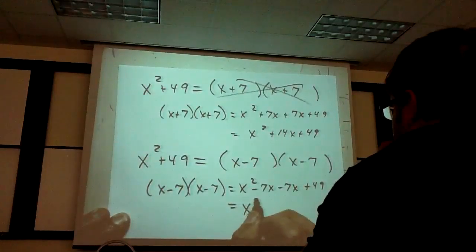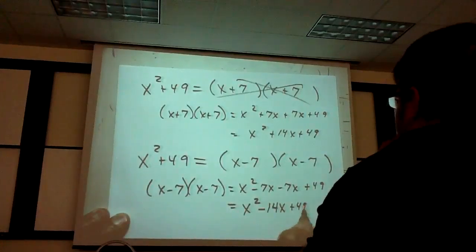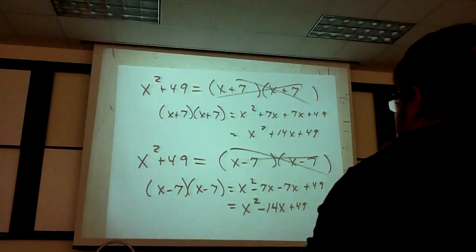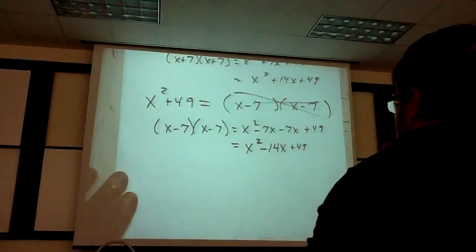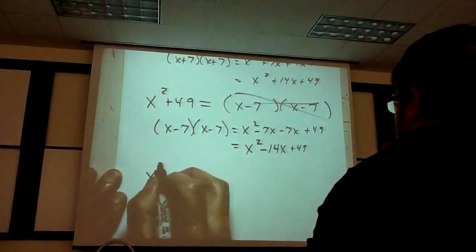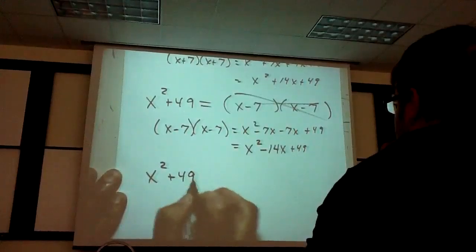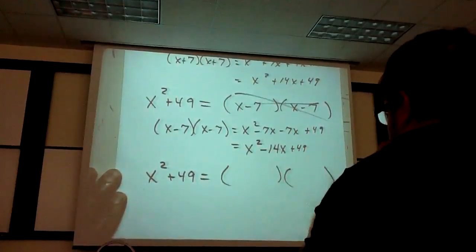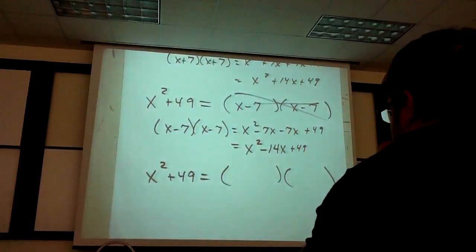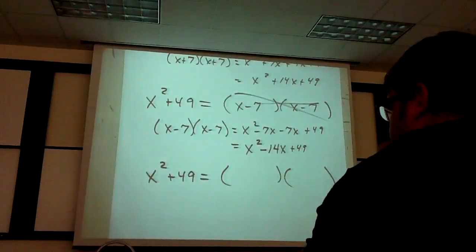That's x squared minus 14x plus 49. Good thing we got a big drawing board here. Back to the drawing board. Yes, ma'am. That's the same as x plus 7 times